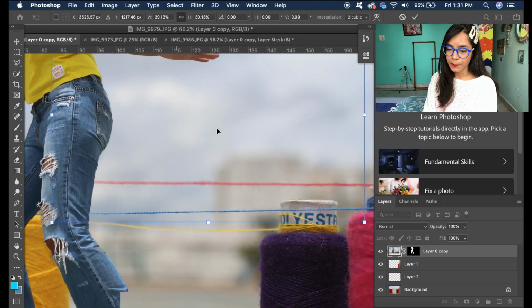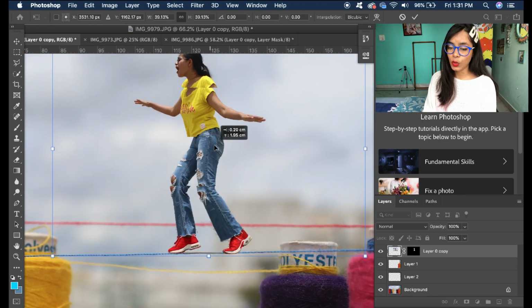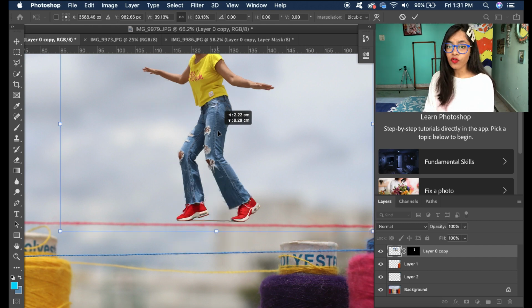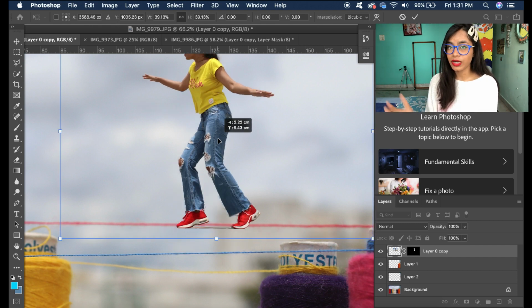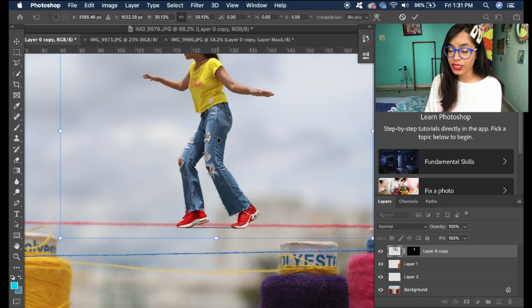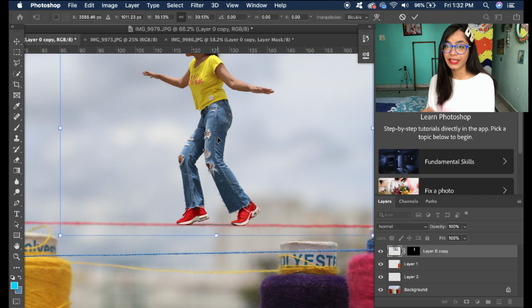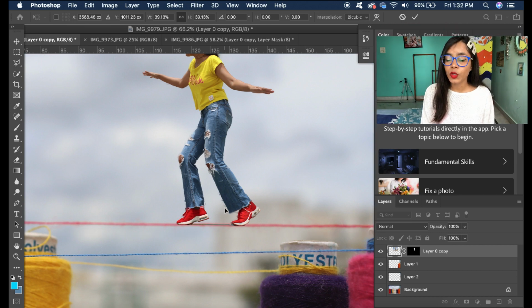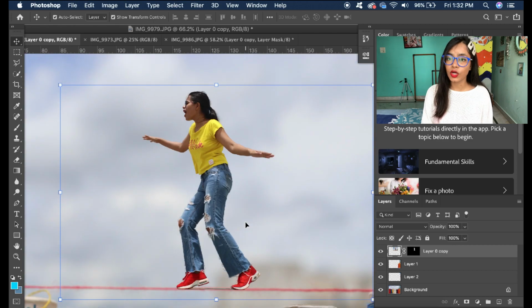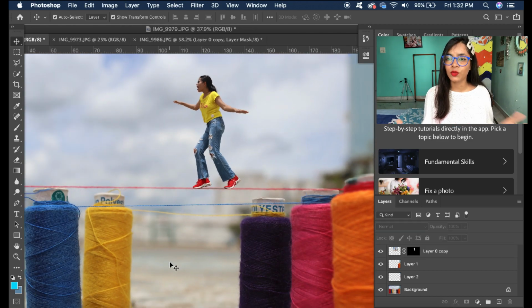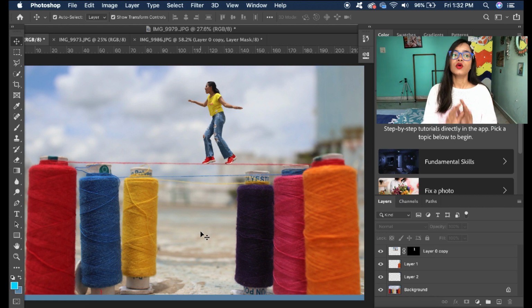So let's place it. मुझे रेड धागे के ऊपर रखना था ये इमेज, because we have already 3 characters in this picture that I have visualized. So let's do it. The first one is done, and just place it properly so that it looks like it is actually placed on the thread. Now this shall become your second layer, because the first or background layer is the thread rolls one picture, that is the foreground image. उसके ऊपर हम सारे character images डालेंगे, so that is the background image. Don't touch it for now. Let's see what we can do with the other layers.